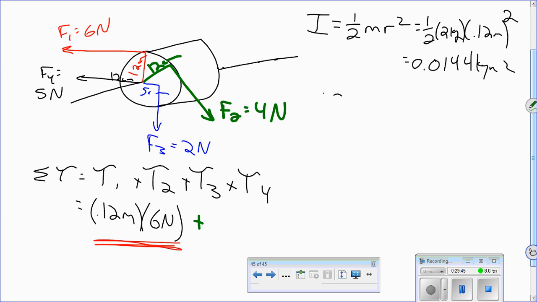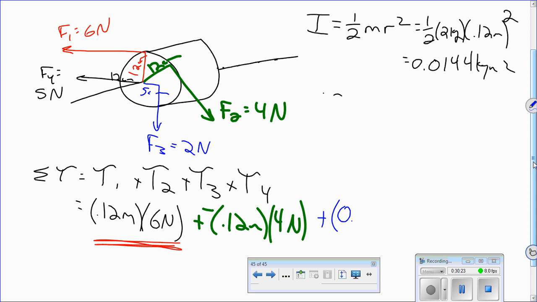All right, now torque 2, let's see. What's R for my torque 2? Same thing, still 0.12 meters, but now my force is only 4 newtons, right? Positive or negative? Negative, that's going to make it spin clockwise, right? Using the right-hand rule, here's my radius, here's my force, thumb points into the board. So put a negative sign on that torque there. Plus torque 3 is going to be, let's see, my radius is,